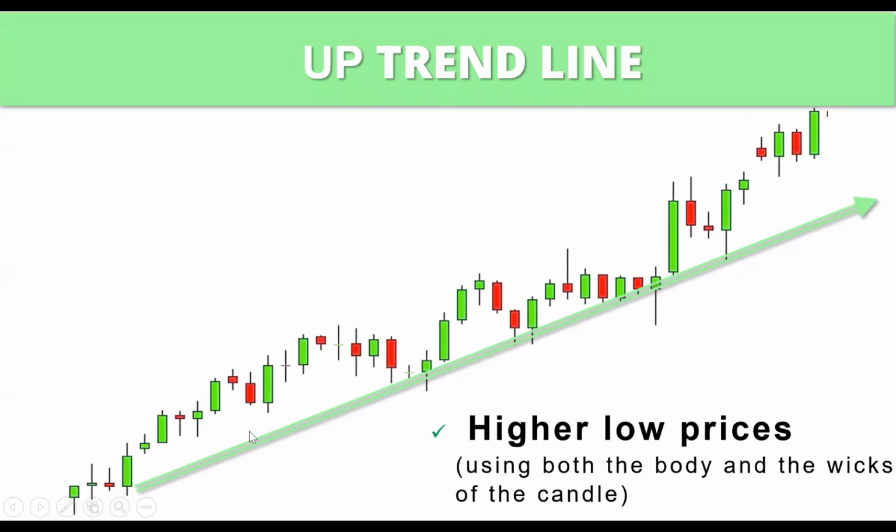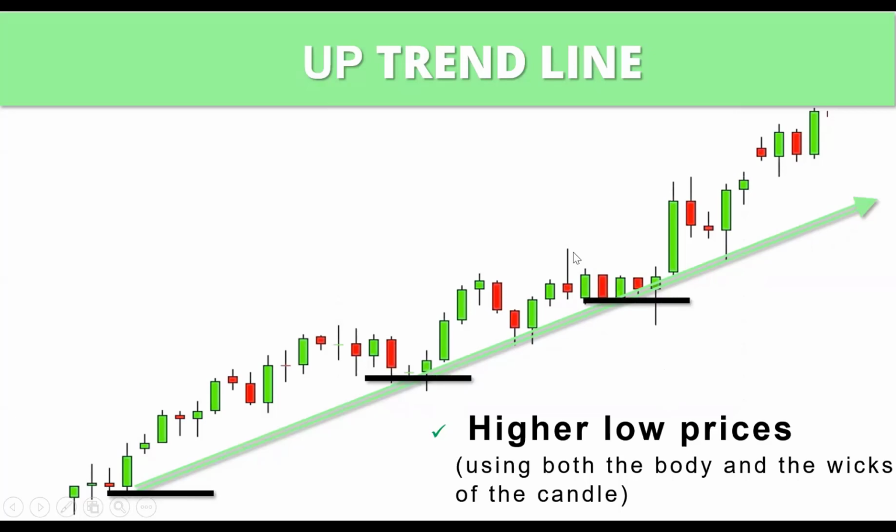So a lot of people ask me, where do you put the trend line? Do you put it at the bottom of the wick, or the open price of the candles in an uptrend? And to answer that, I always say both, because sometimes the wick is a bit of an anomaly, and you wouldn't be able to put the trend line because one little wick decided to trade all the way at the bottom, which interfered with it. So I always take the bulk of the movement between the open price of the candle and the wicks, and I choose the majority of where it's trading to create some type of regression uptrend line.